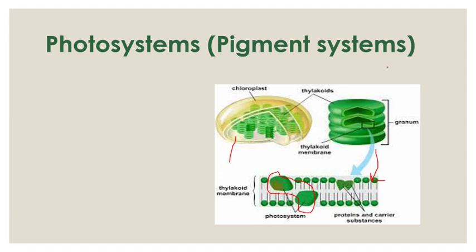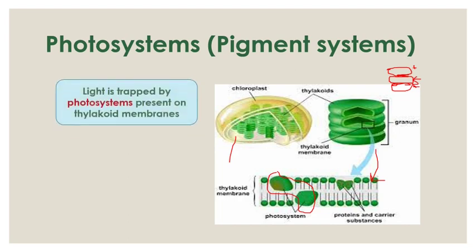Now one more interesting thing, students, there are two terms, appressed and non-appressed. Now this is one thylakoid. This is the second thylakoid which is present below it, then the third thylakoid which is present below it. These layers of the thylakoid which are in connection with the upper thylakoid are called the appressed region. And the regions at the side, which are not connecting to the other thylakoid, are called the non-appressed region.